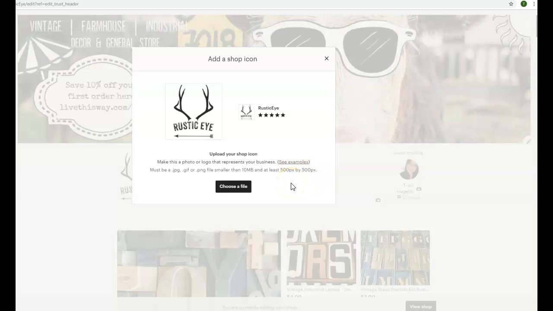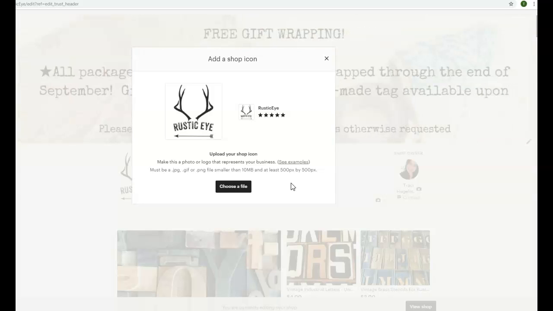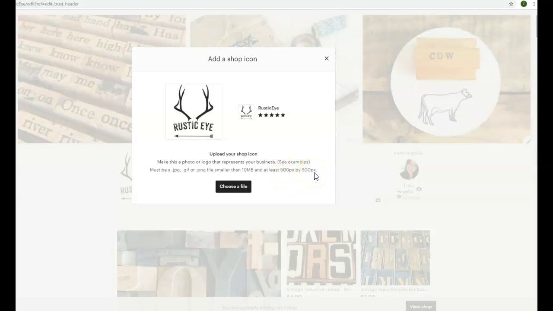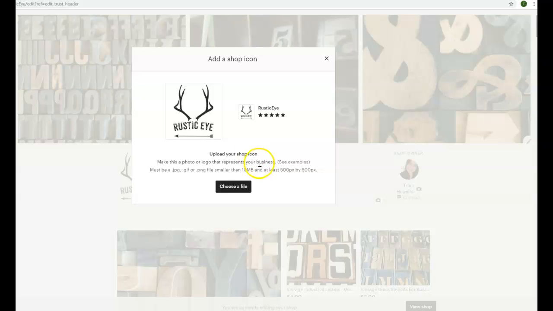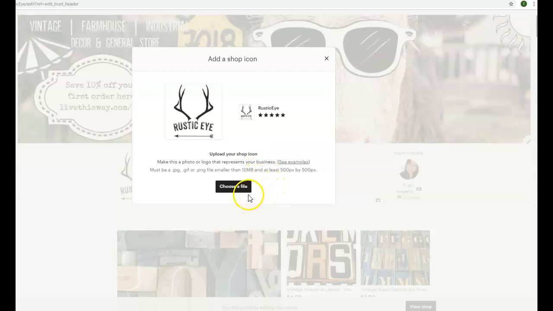And please note that there's also a shop icon template for your Etsy shop in Canva, and that one works as well because it's also 500 by 500 pixels. They're basically interchangeable. You can use either one, either your shop icon template or your logo template in Canva will work. Okay, so then we're going to get our file,